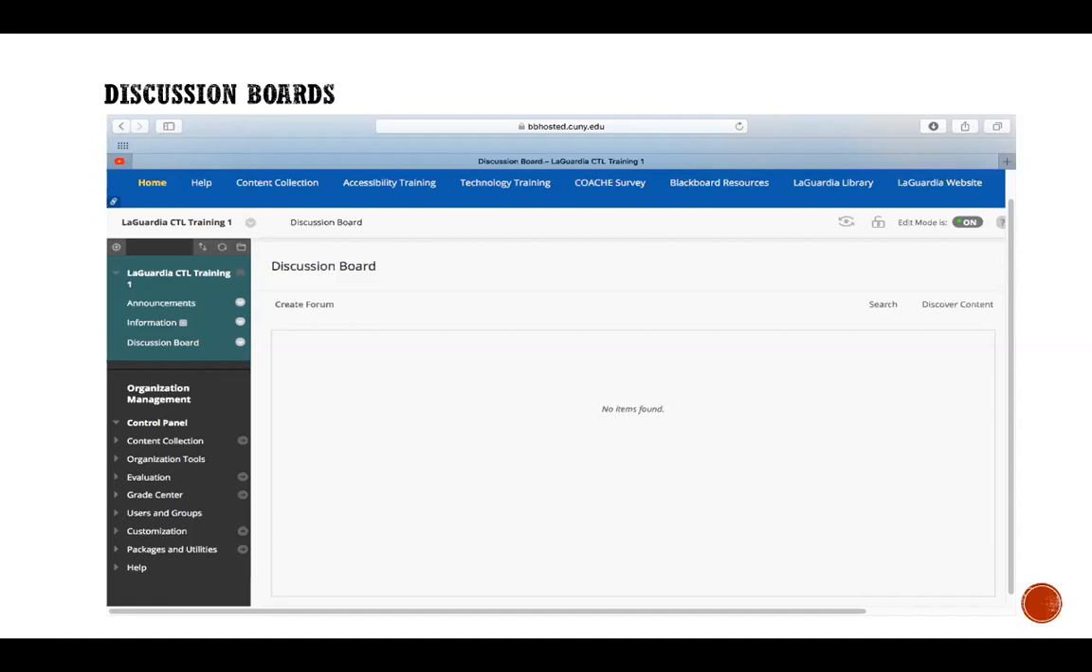in the Blackboard, but now they are changing that. They are requiring students to use only LaGuardia email. Still, there are a lot of students who are using their personal email. So it is up to Blackboard if they would like to allow that, but I doubt it because of what